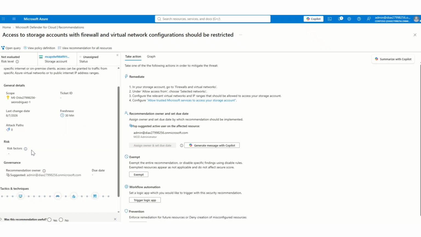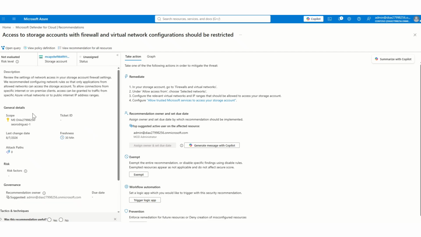So, if it's a highly risk recommendation, then you'll see that here, and then it will show the attack path and all that kinds of stuff. So really interesting stuff. But anyway, so if we open this,